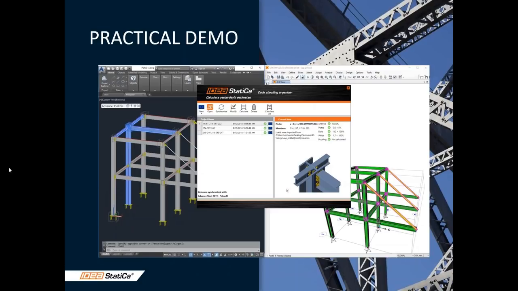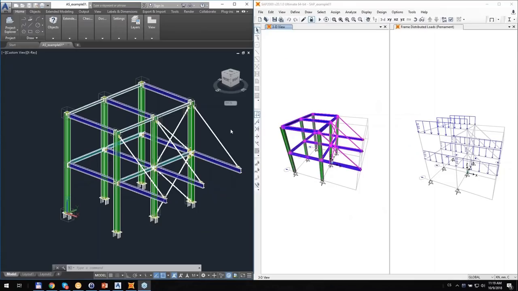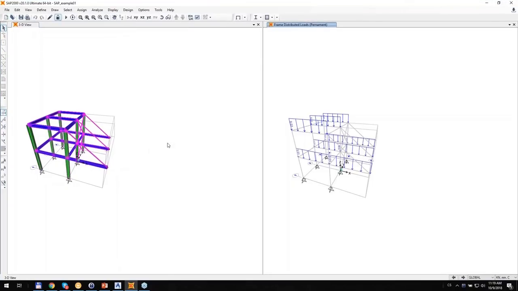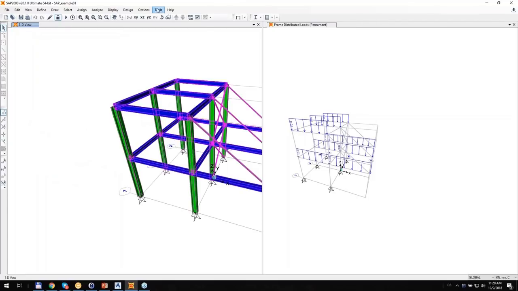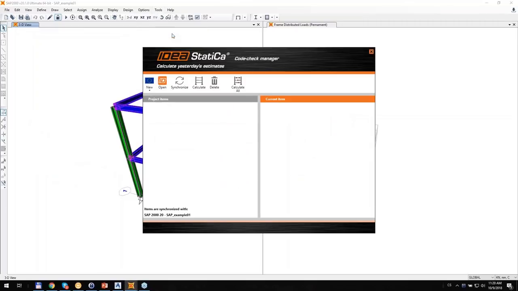I would like to show you in a practical demonstration. For that, I will just prepare one model which is created in Advanced Steel and also in SAP 2000. As you see, that's just one structure, quite an easy steel frame. In SAP we have already loaded and defined all combinations and so on. We can of course check the profiles, and when we need to design our connection, we can easily start our plugin,